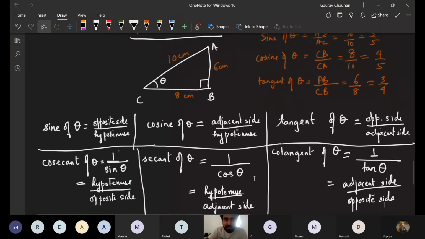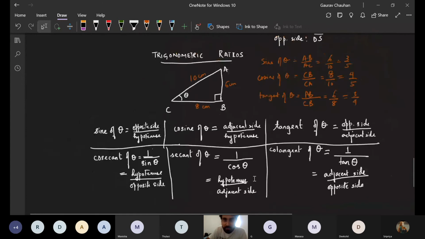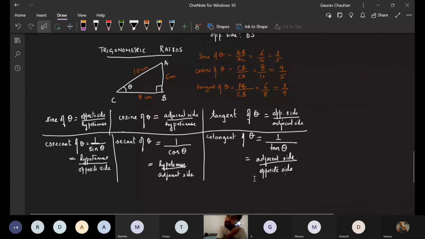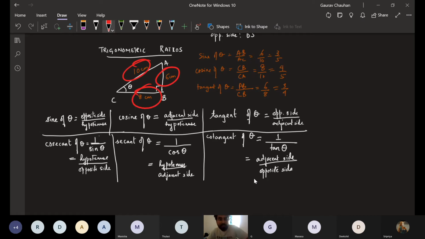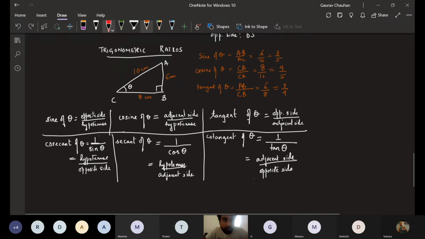So can we try to find, the same way we found sine, cosine, and tangent, cosecant, secant, and cotangent? Let's try that, of theta only. The ratios, the measurements are already given here. Who can tell me what will be the cosecant of theta in this diagram? What side will I write? I want to hear from MG.